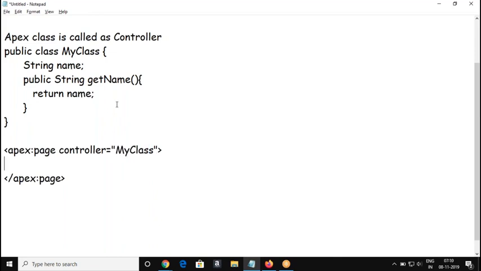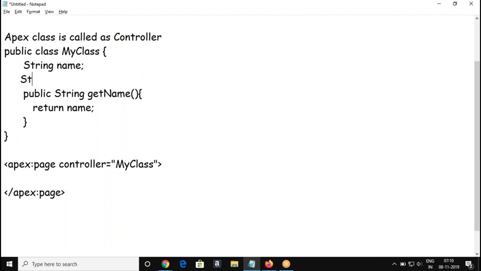Okay. Now my requirement is to call this method or refer to this variable. Say I have one more variable called city.